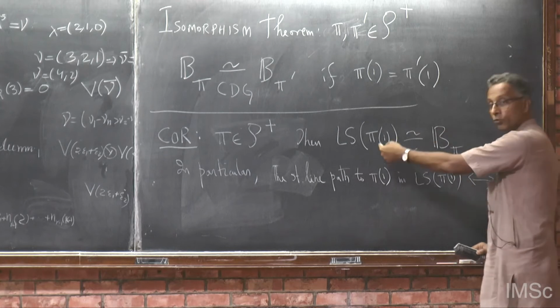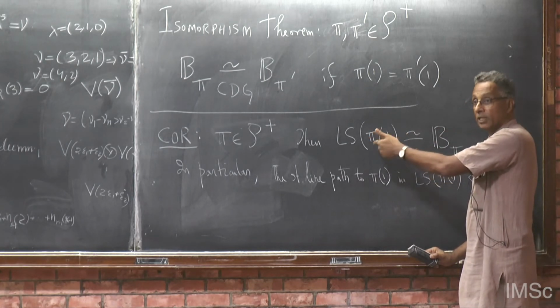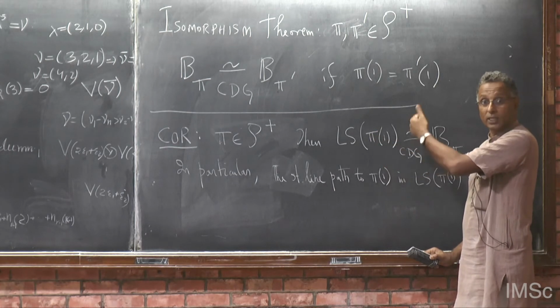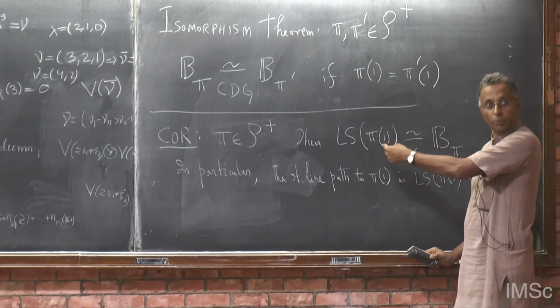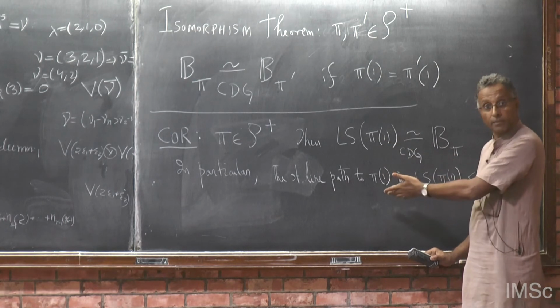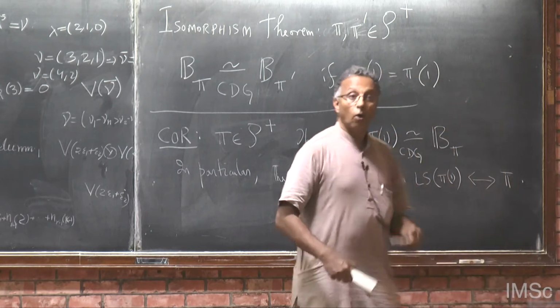Therefore, when I map it to this side, and it's a graph isomorphism, the image must have the same property, but there is a unique path with that image, with that property, namely the straight line path. Therefore, pi must go to the straight line path. Okay. Furthermore,